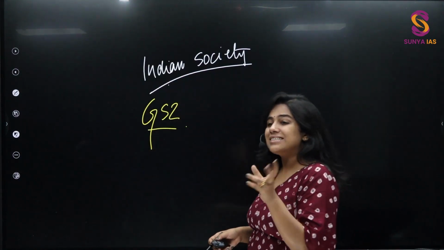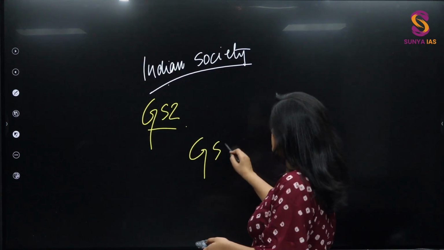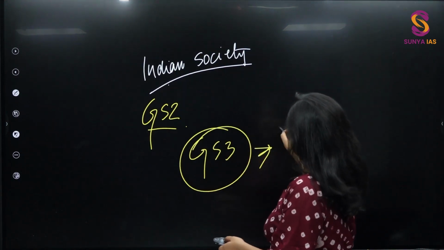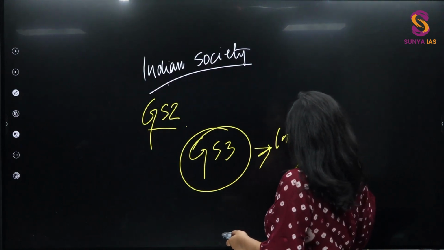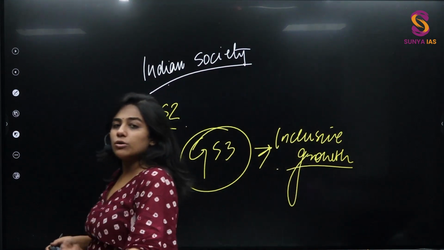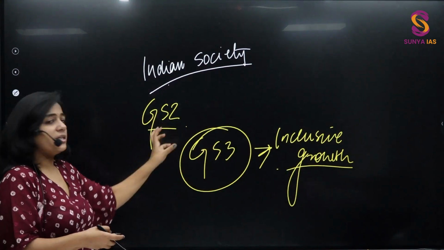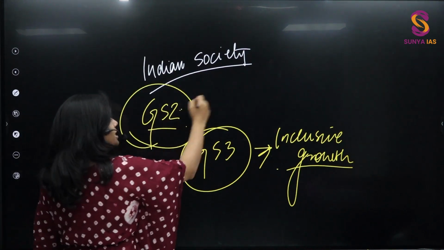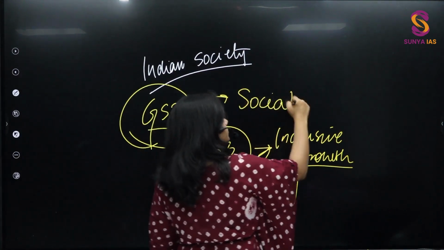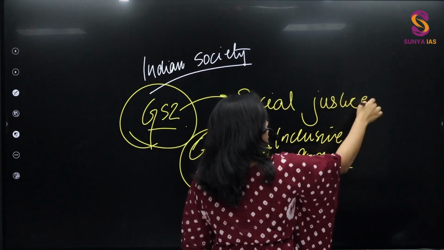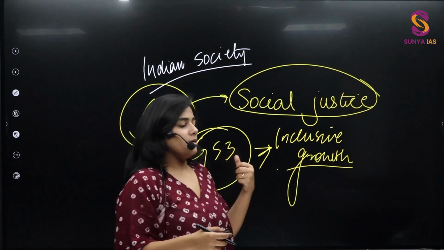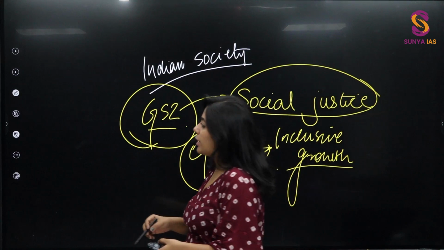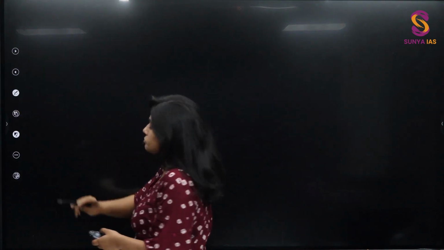Although inequality as a topic is a topic of GS3, right? Inequality and inclusive growth. Fine. Inequality, unemployment, all of these come under GS3. But even in GS2, you have this aspect of social justice. Fine. And social justice is not achieved when there is humongous income inequality. So my point here is that you need to have a broader approach and a very good